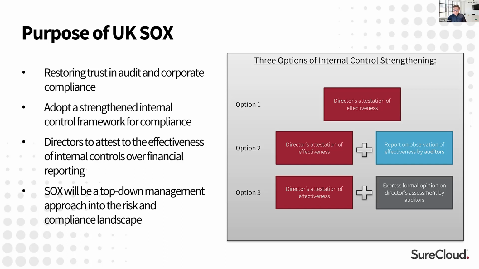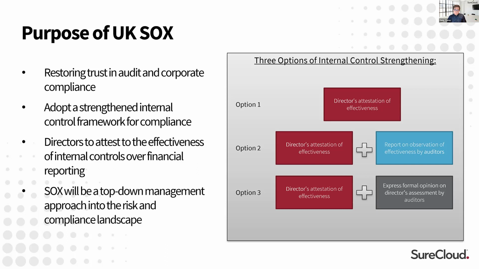The last one is attestation needed against internal control procedures or structures in the financial reporting, but the focus is more on letting the auditors do that work, and you attest at the end of the audit. Now, that is similar to SOC 1, but based on public opinion and what's laid out in that white paper itself, it seems like option 2 is the most likely option that's going to be adopted.